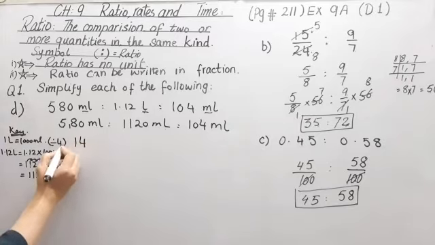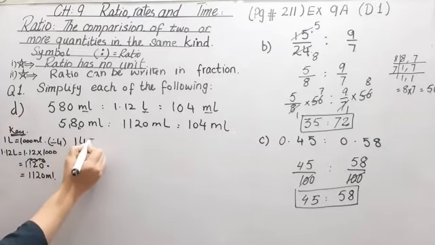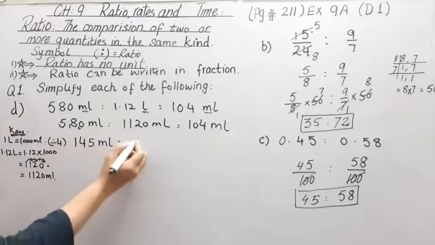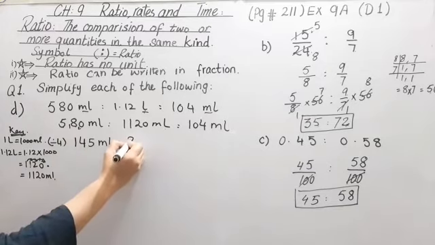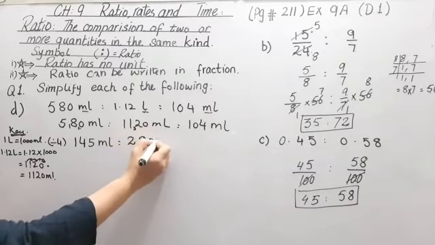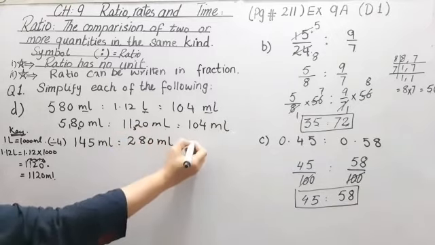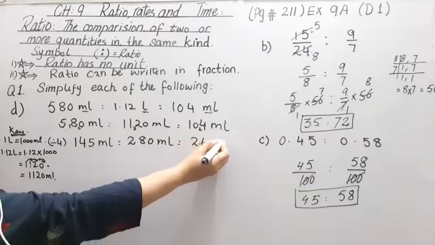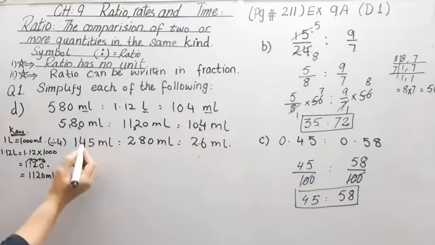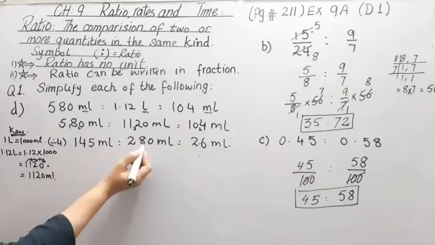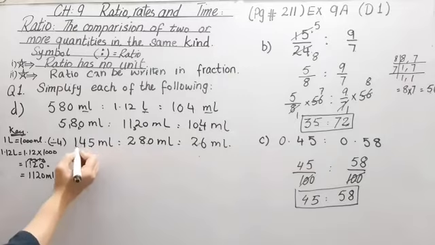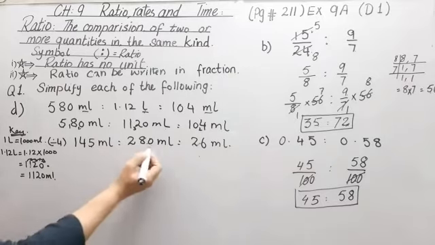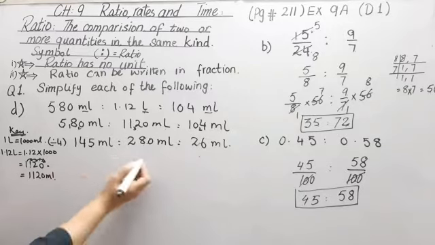4 fours are 16 and 2. 4 fives are 20. And 4 twos are 8. 9, 10, 11, 32. 4 eights are 32. 0 milliliter. And 4 twos are 8. 2, 24. 4 sixes are 24. Now this is your answer, because 145 is divisible by 5, but these both are by 2. So there will be nothing common in all three things. So this is our answer.